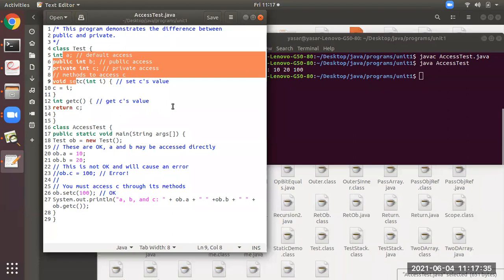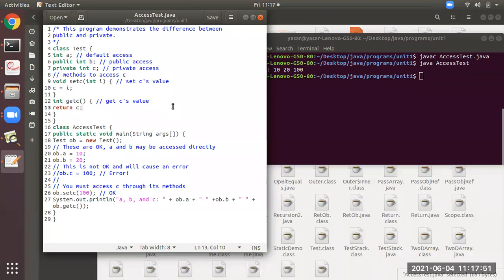You can see the comment in lines number 1 to 3, difference between public and private. You all know this, but what this program is actually explaining is how we can access the private access specifier from outside and how we can assign values to it. Public means we can access from outside also. You all know this. So please observe here.